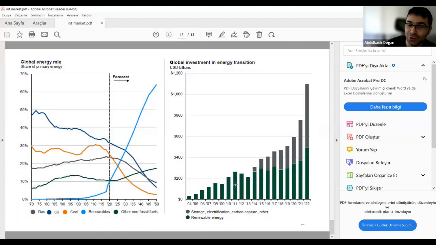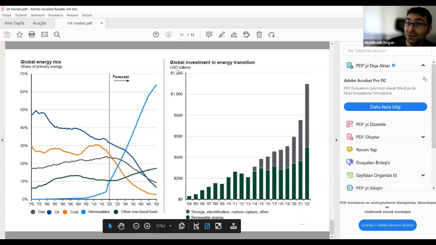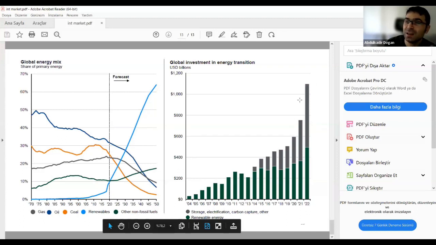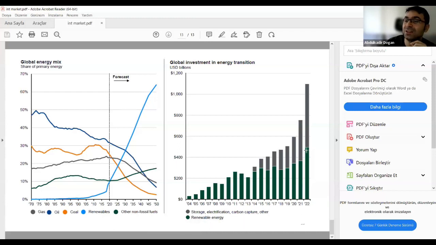And as you see, again here, renewable energy transition in United States, $1 billion. As you see, the green line is the renewable energy, and this one is storage of the electrification, carbon, etc., the traditional energy market. And the green line is in an upside trend, and the traditional is in a downward trend. For that reason, for the next years, for instance, for the next 10 years, in the 2030s, we will see that